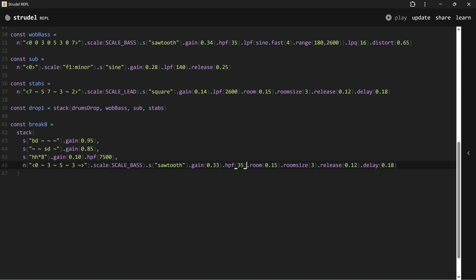Let me see if I'm doing it right. Yeah, the pattern is the same, but I want the scale to be different. So it could be F2 minor. And then we have, okay, so